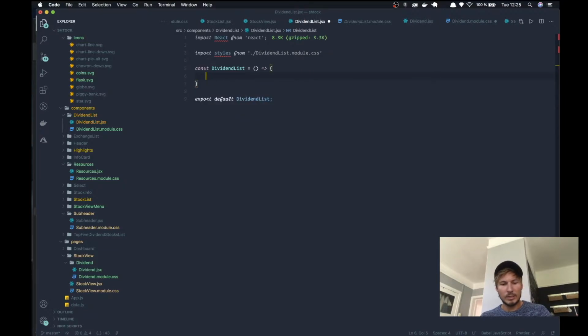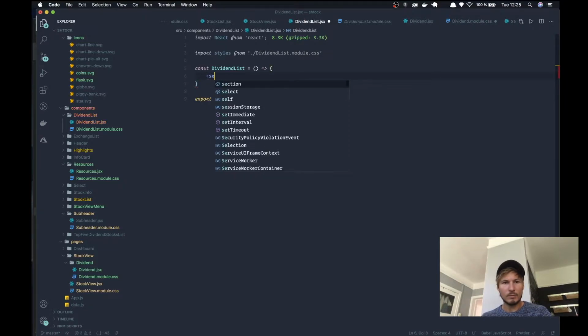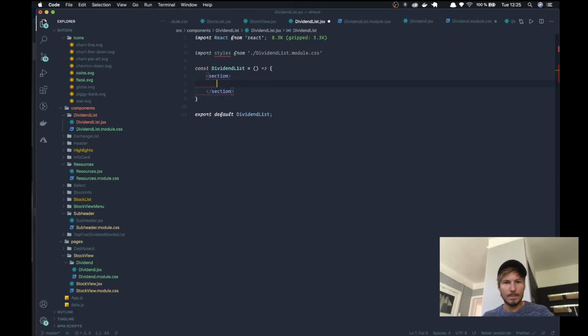So we'll say section, and we'll give it a class name of styles dividend list, and then we'll have a